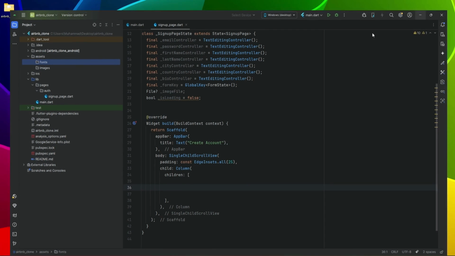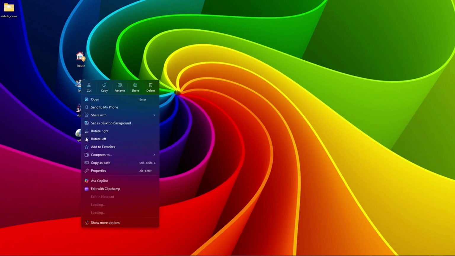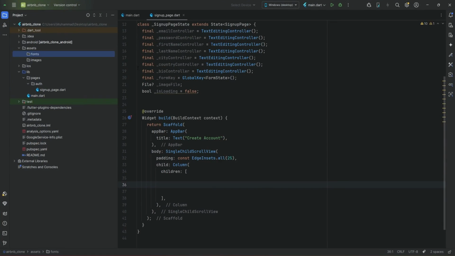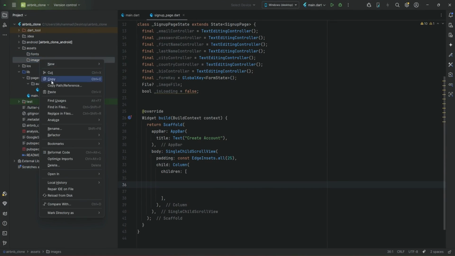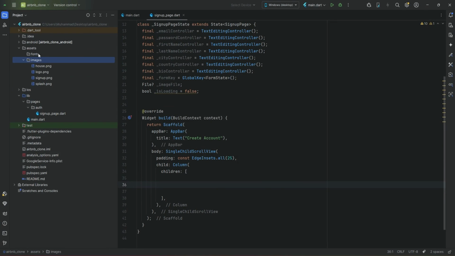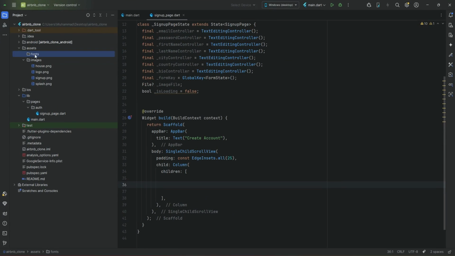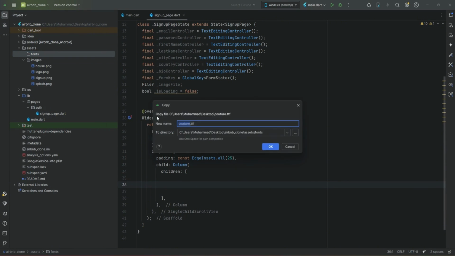I have provided these 4 images. Download these images and then copy it and paste it inside the images folder. And then I have provided also this font Couture, so download and copy it, paste it inside the fonts folder,